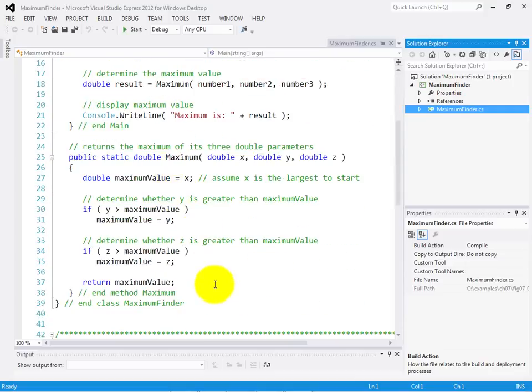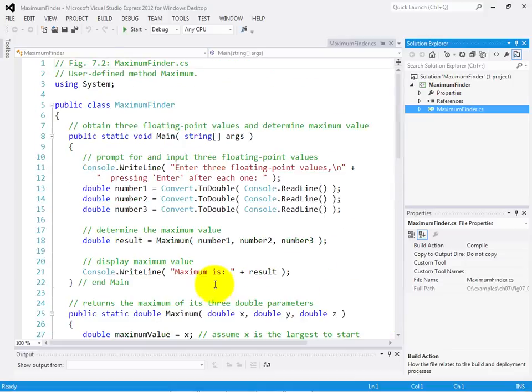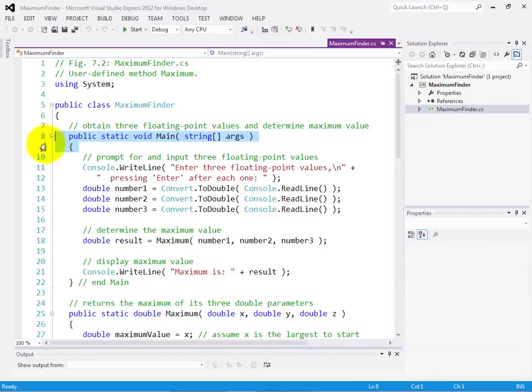bottom of the class. And as part of this example, what we want to do is talk a little bit more about why main is static and the fact that main, being a static method, can call other static methods within the class. So let's first take a look at the main method, and you can see lines 8 through